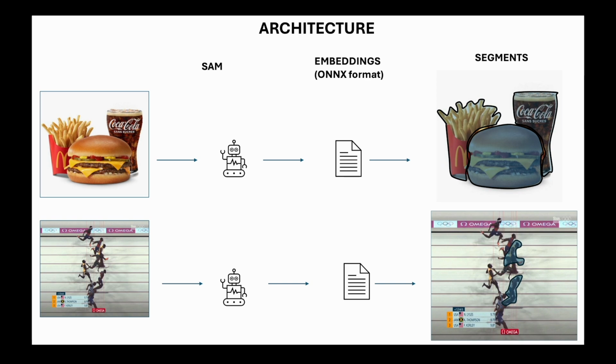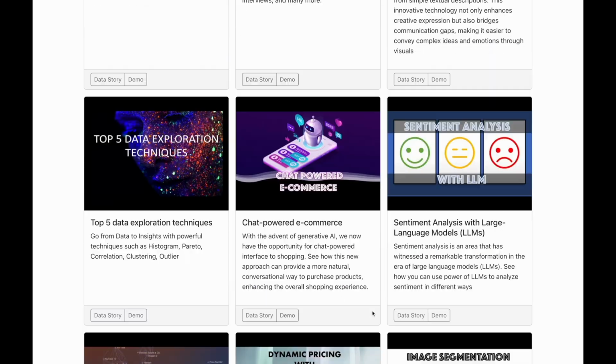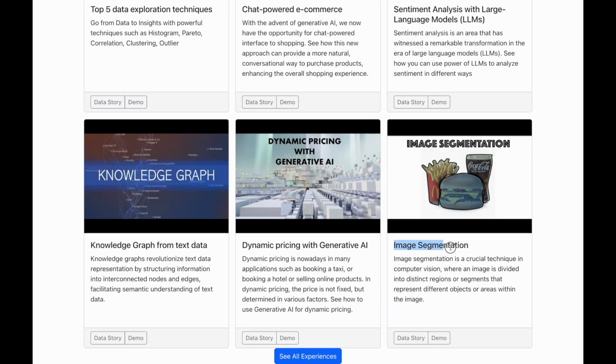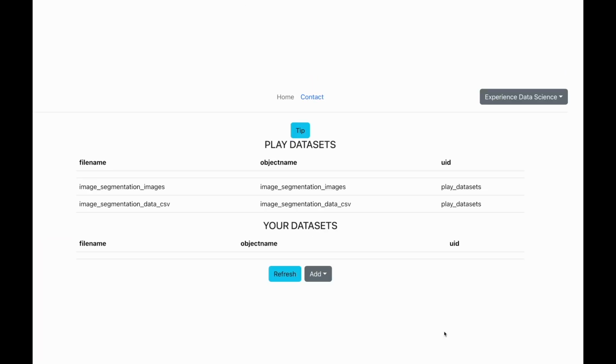So let me now go to my demo platform experiencedatascience.com. Go to the experience image segmentation. And here I have two data sets. First is related to all the images and second is related to the additional information or the segments related to the images. Now, if you want, you can already use this data set and copy it and make it ready to use. But for the moment, we are going to load these two data sets and let us start with